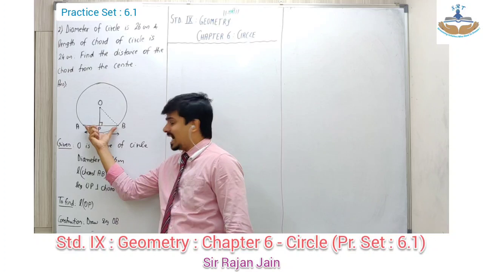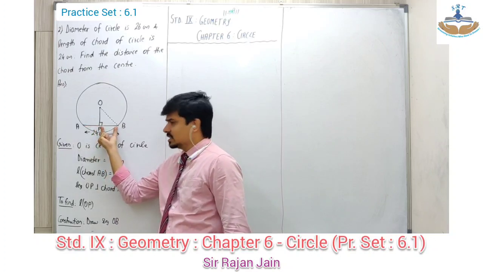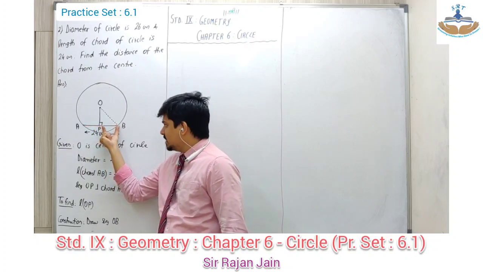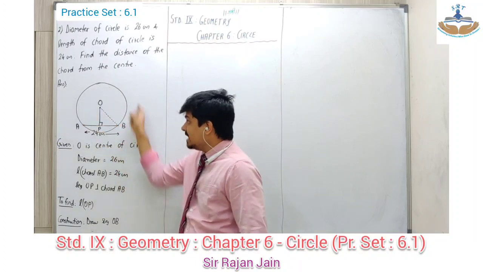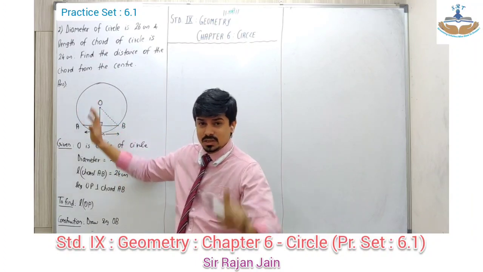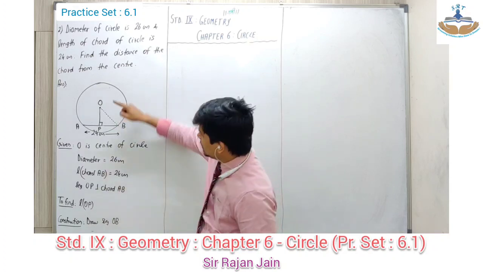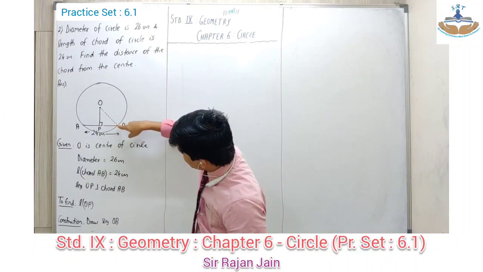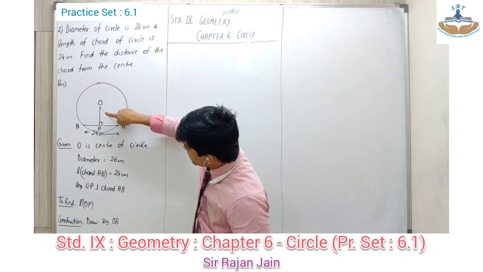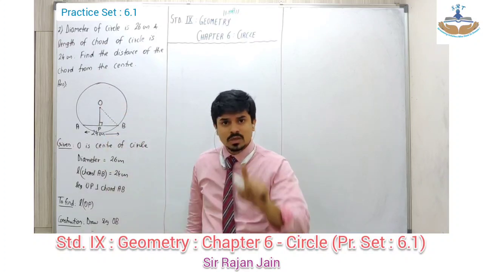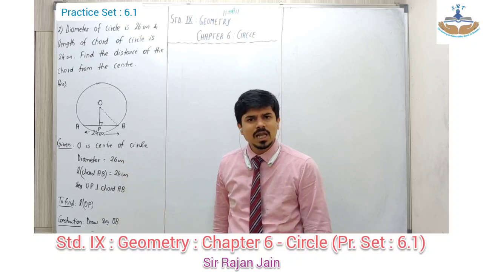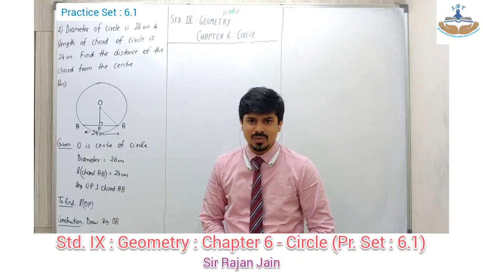So if this entire thing is 24 centimeter, this has to be 12 centimeter. अभी ये 12 centimeter हो गया. Diameter is 26 centimeter for the circle. Radius is half of diameter. तो radius कितना हो जाएगा? 13 centimeter. If I see this particular triangle, this is 12, this is 13. Only one side is unknown. So applying Pythagoras theorem will give me length OP, and that is what is asked in the question.